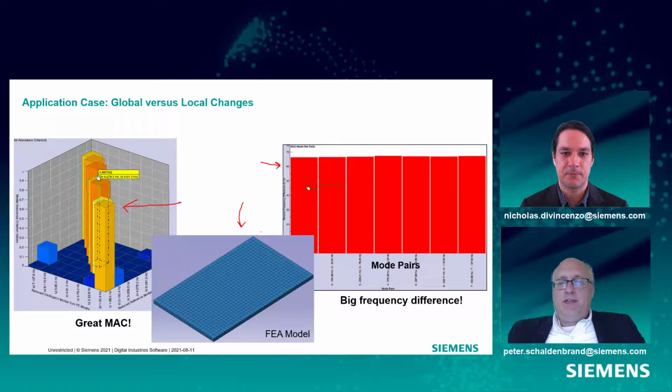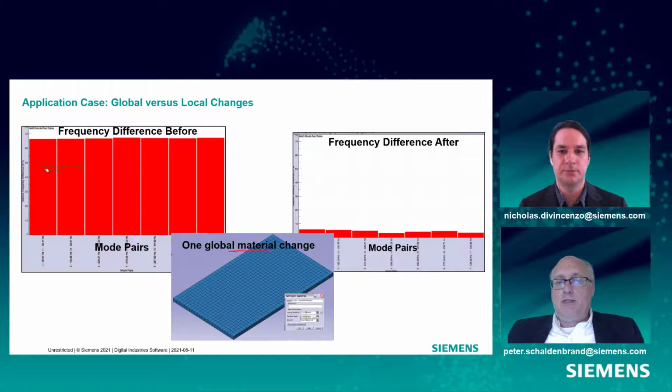Yeah. If we fat-fingered something like the Young's modulus, and we made it 100 times stiffer than it should be, then maybe all the FE modes would be higher than the test modes, right? And it still would have a great MAC. The mode shapes would be the same, but the frequency difference would be off. And that's what we have here. If I come in and change the materials, just one global change to Young's modulus for this plate, because it's a uniform material, I can improve drastically my frequency difference, because we purposely did that here.